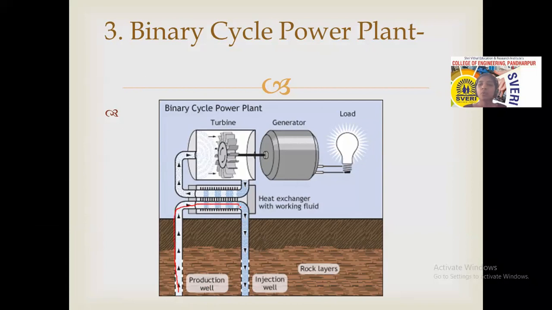There is one more fluid flowing through this pipe. Another type of fluid flows through this, like ammonia or freon, etc. There may be another type of liquid in this tank or in this pipe. The heat coming from the underground fluid, generally water, is used here to heat the other liquid.